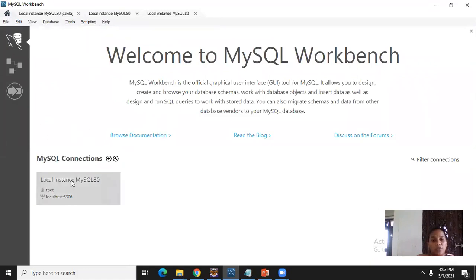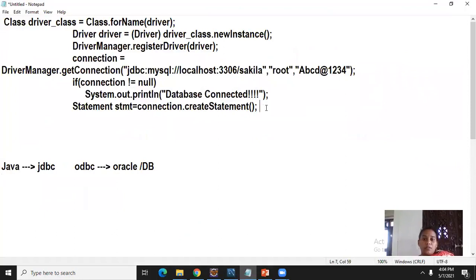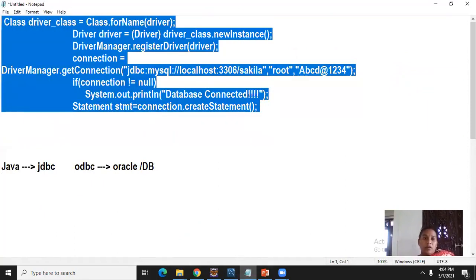So I need to mention my MySQL location, root, username. Root is my basic user in MySQL, and the local URL means where it exists, in my local laptop or system PC, localhost, and under this port I'm using. So these are the steps to initiate the driver first.